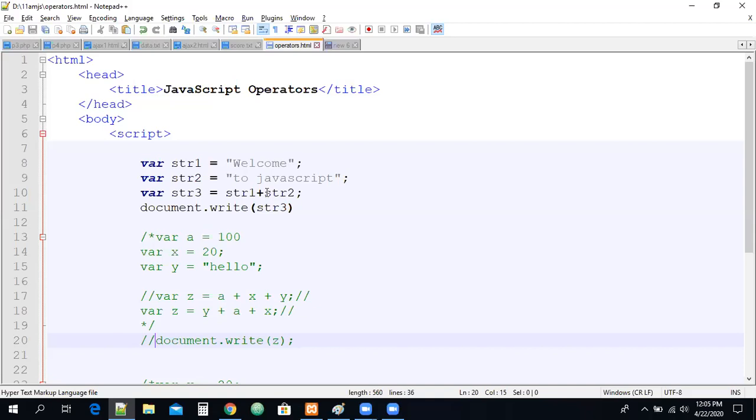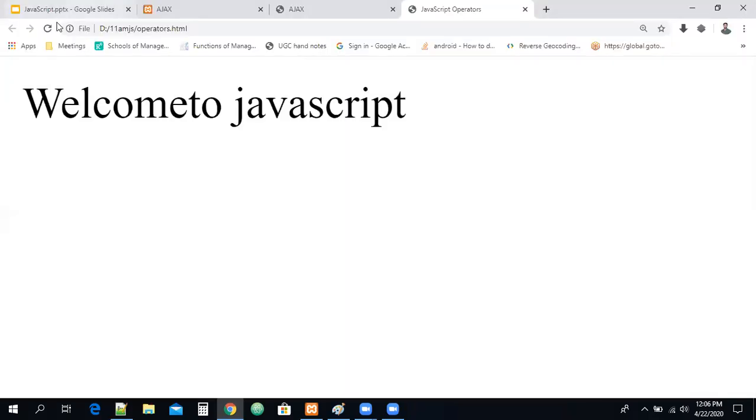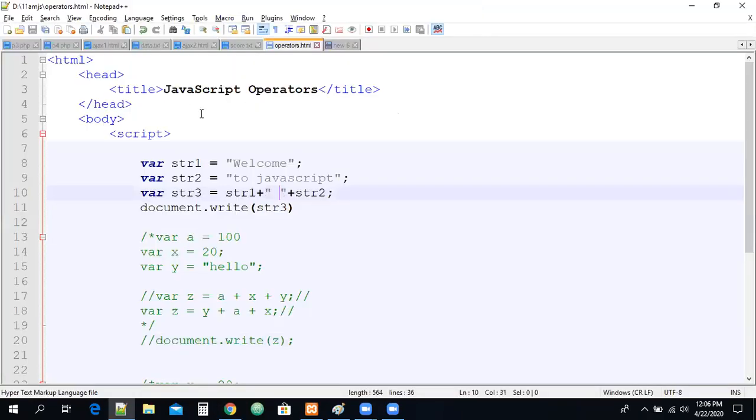If you want to get space, space is also again a character. Can you see, guys? Here I'm writing plus, here I'm taking double quotes, here I'm giving some space, because space is also a character, right? So now you can check it. Manually we appended the space here. Now can you see there is a space between welcome and to. Earlier there was no space, guys. Now the space is available. Like this also we can write, guys.